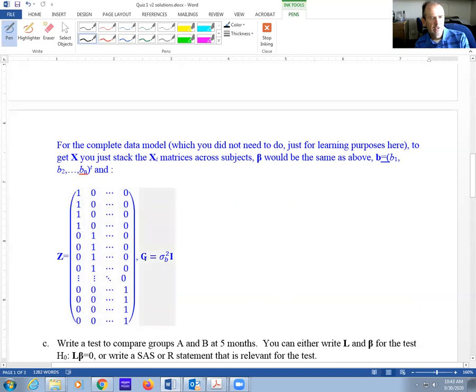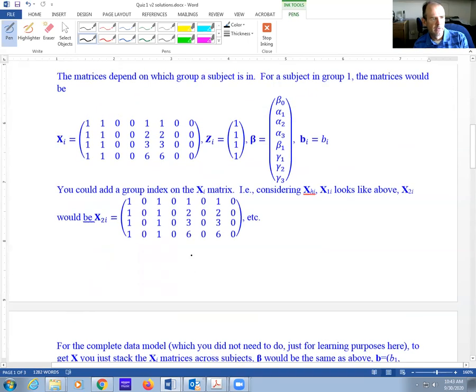And the G matrix, the complete data G matrix, would be sigma B squared times the identity matrix. Okay, and this I'm just doing because a lot of people did it this way. I didn't ask for this, right? So you didn't have to write this, but I'm sharing it to distinguish the complete data model from